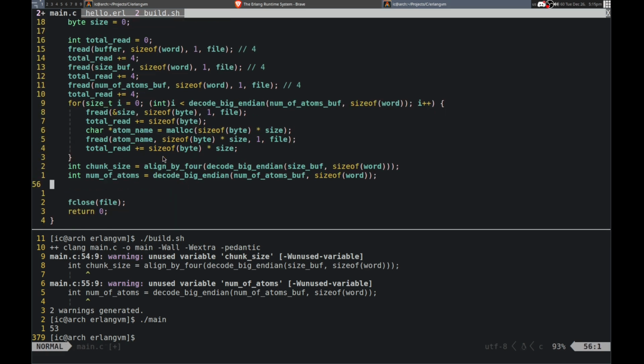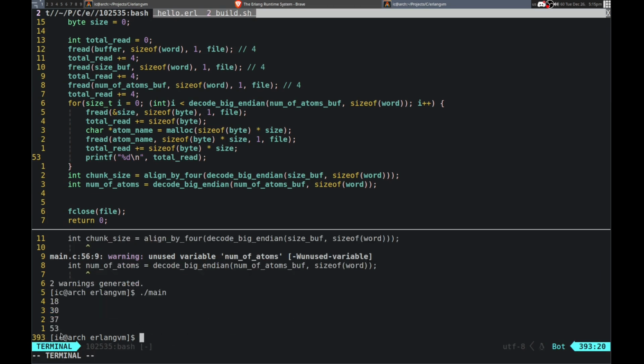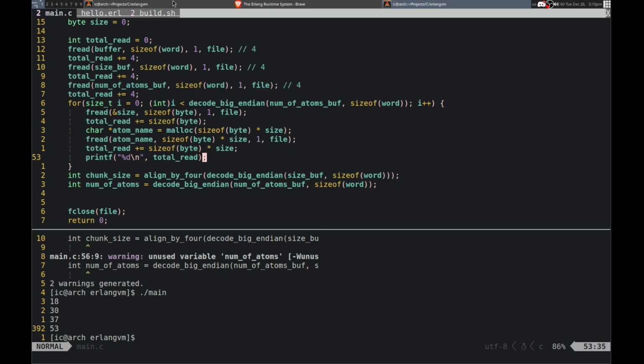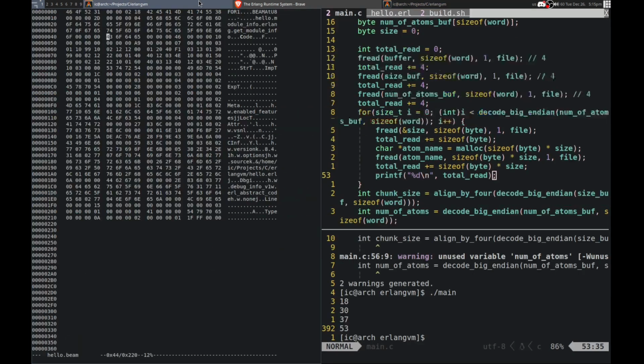Let me print this each time. Let's see why it is doing that. 7, and then it goes to 53. Why does it do that? Maybe there is a simpler way, actually.